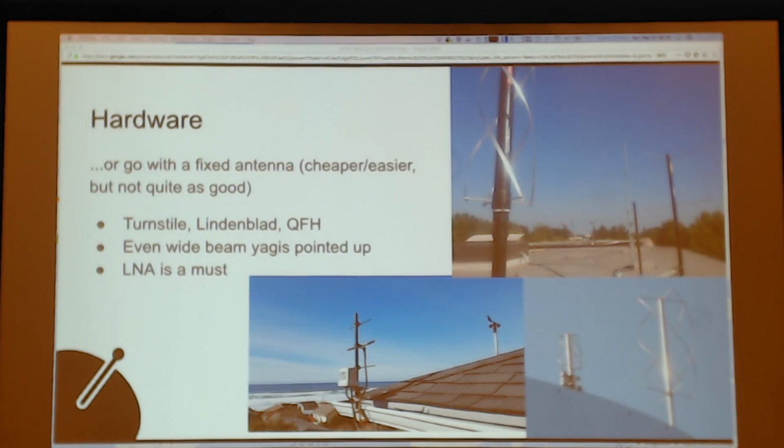Along with the rotator, and many passes spend most of their time at lower elevations. I'm not directly aware of any station on our network. There's enough now that I don't know of everybody that has just an azimuth rotator. Anybody that has a rotator has azimuth and elevation. You go up to the larger antennas, but I don't think anybody's running just an azimuth antenna, a little wider beam